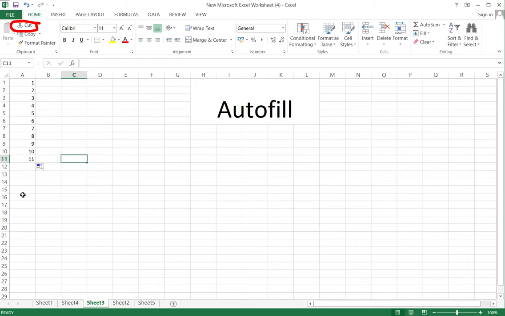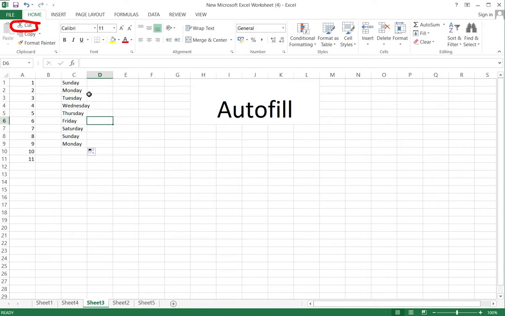So the autofill option allows the filling of cells with data automatically. Let's take another example of autofill. I'm writing Sunday here, position the pointer at the lower right corner, drag it downward and release it.